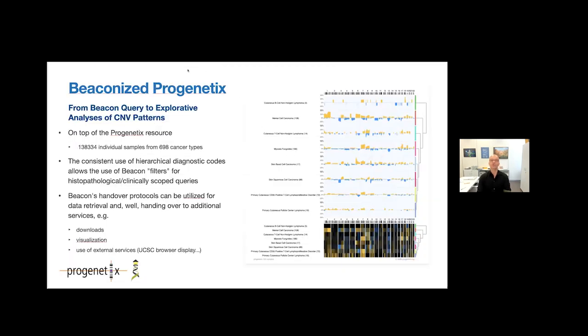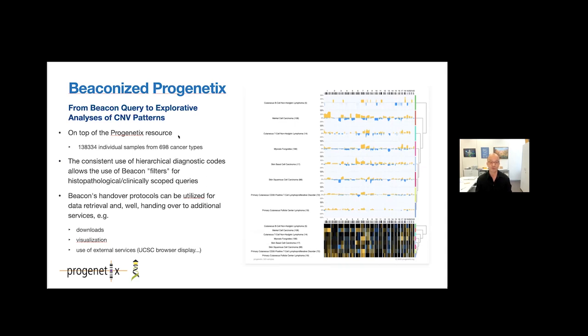Our own progenetics database is a copy number variant focused genome variation database in cancer, with now more than 130,000 samples, and actually the whole front end runs on only a slightly modified version of the Beacon protocol. So we use this implementation to drive the development, to really look at how we can make our data structures better and what is needed as future additions to the Beacon protocol to enable functionality like we have here now.